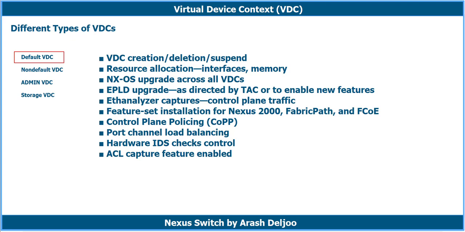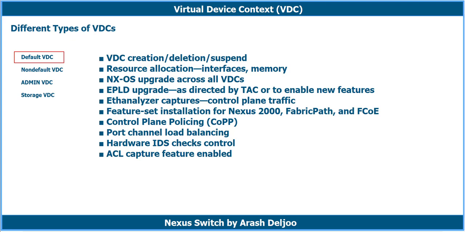summarized in the following. First, VDC creation, deletion, and suspend. Resource allocation, meaning interface or memory. NX-OS upgrade across all VDCs. And then EPLD upgrade, don't worry about the detail of them, as directed by TAC, meaning Technical Assistance Center, or to enable new features. And also